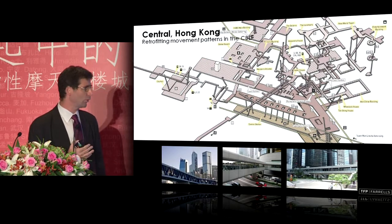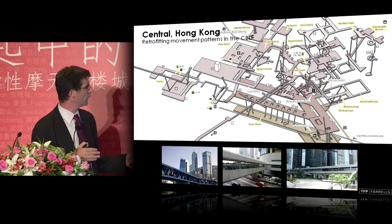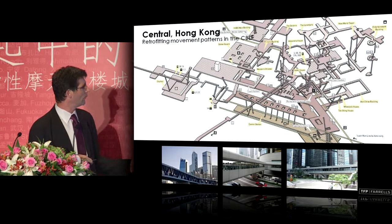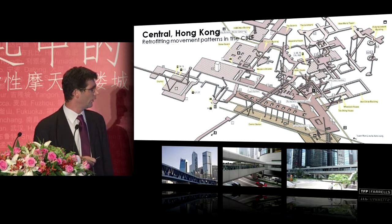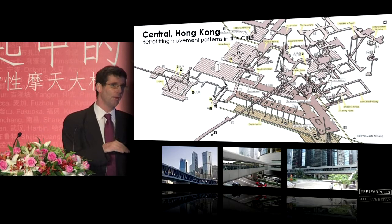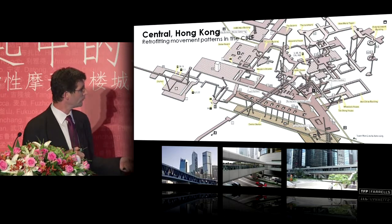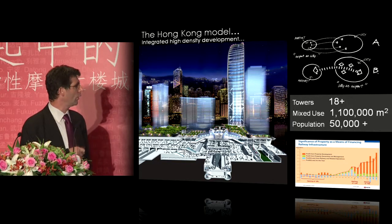And in Central, where very high densities were first achieved, there was a recognition that there were other opportunities which offered themselves to the developers. Because the towers became quite close to each other, a huge pedestrian network was inserted where you can connect from one building to the next. And Hong Kong is a very controlled and regulated space in a certain way. This idea of segregating pedestrians and vehicular traffic from each other and having this kind of layered system, that was very close to the government's mind. They liked this idea of Central, how these various layers are created and how the whole ground level essentially is given over to vehicular circulation. And this was going to become the model for the West Kowloon Peninsula,